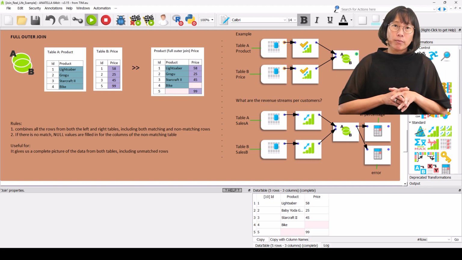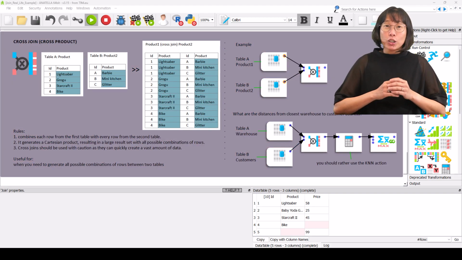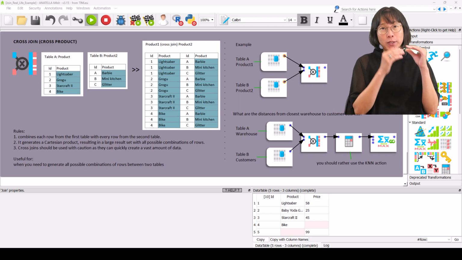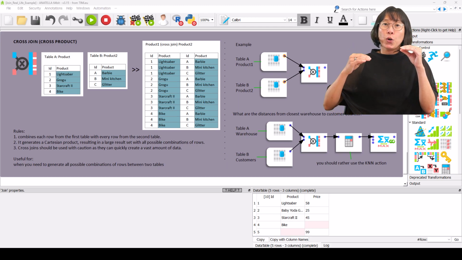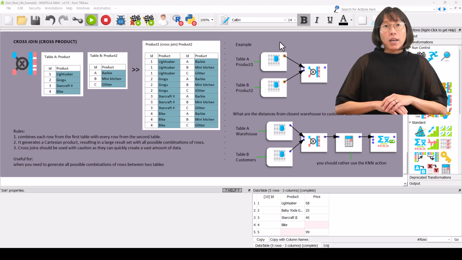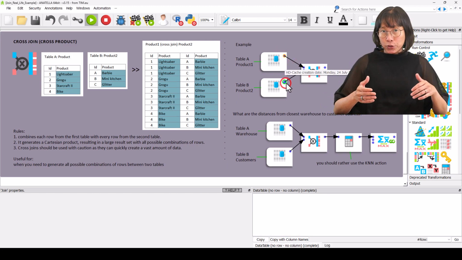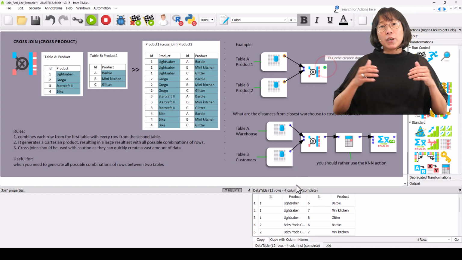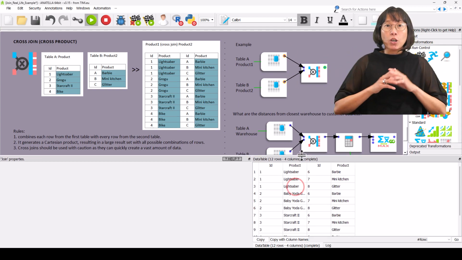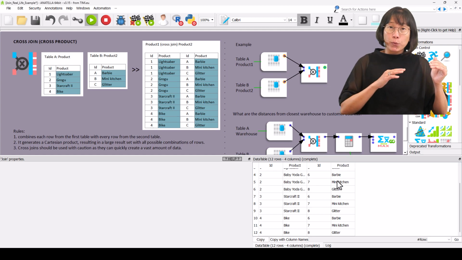join. A cross join, also known as a cross product, combines each row from the first table with every row from the second table. It generates a Cartesian product, resulting in a very large result set with all the possible combinations of rows.